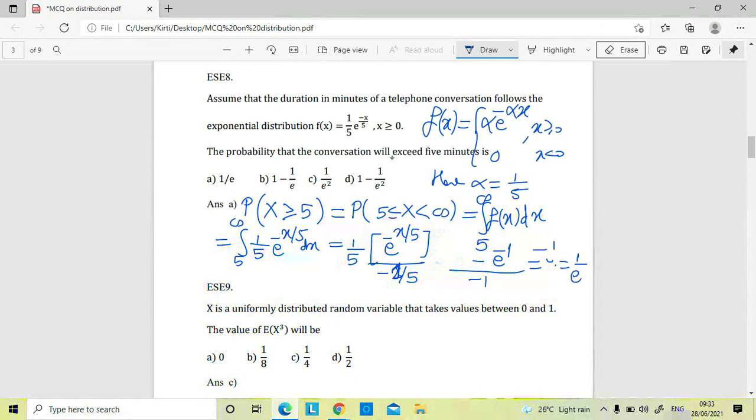So in this way we get the answer as option number A. Okay, I hope this is clear to